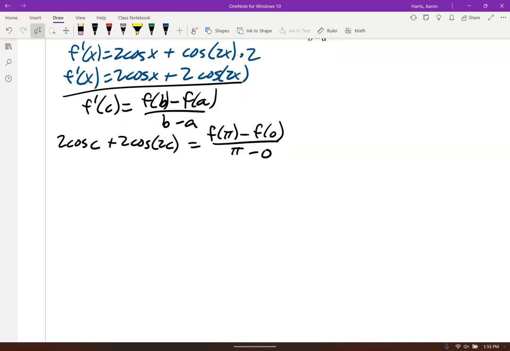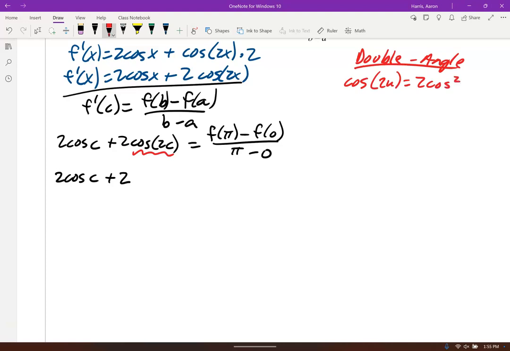And so we've got 2 cosine c plus 2. I'm going to use, you may have forgotten the double angle formula. One of them was the cosine of 2u equals 2 cosine squared u minus 1. There's 3 of them, but I'm going to use that one. They are listed on your formula sheet because I want to stick with cosines. All right, so let me replace cosine 2c with that. So I have 2 cosine squared c minus 1